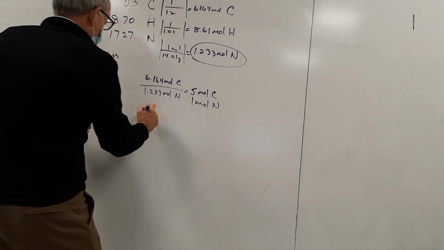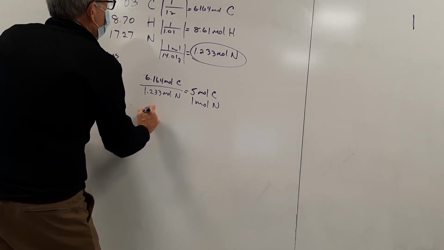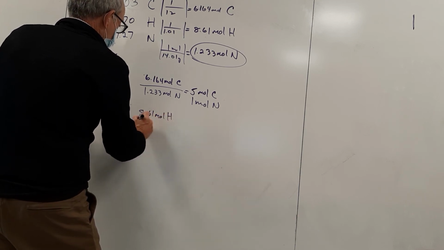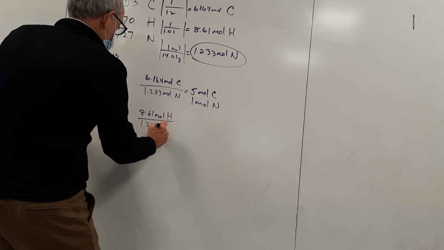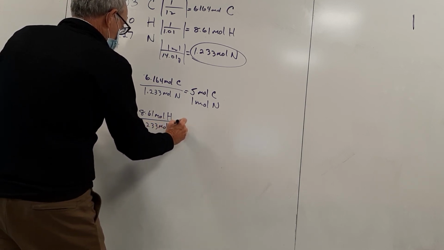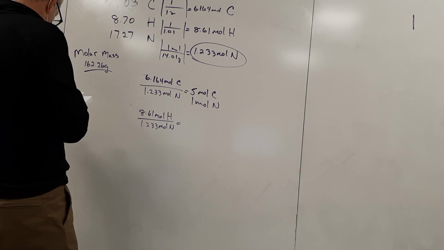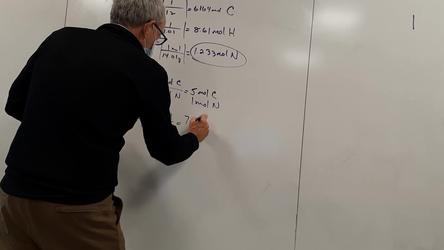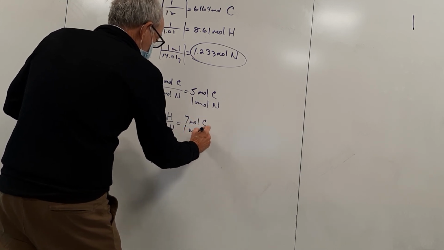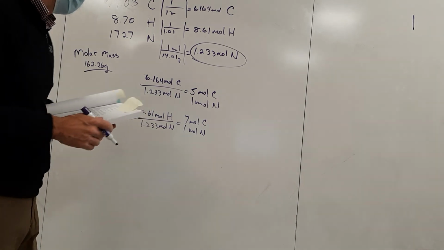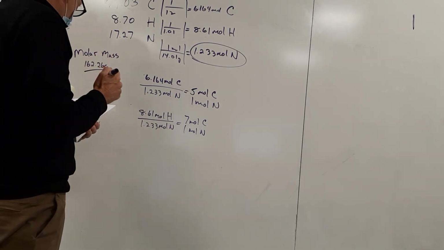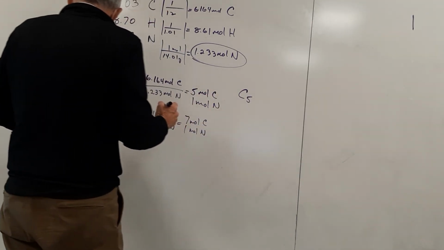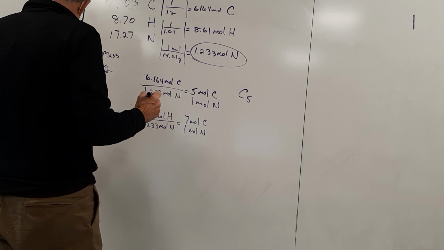I got 8.61 moles of hydrogen divided by 1.233 moles of nitrogen. And that gives me, what does that give me? That gives me 7. Whoa, 7 moles of hydrogen, 1 mole nitrogen. Remember, you can round a little bit. Now, so that will give me, my empirical formula becomes C5H7,